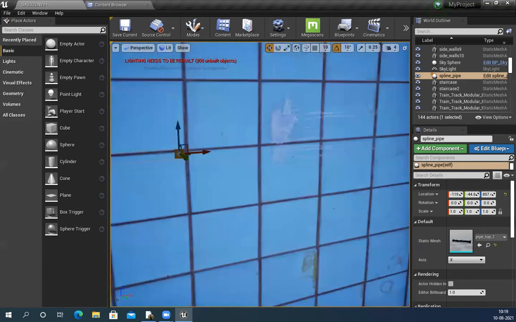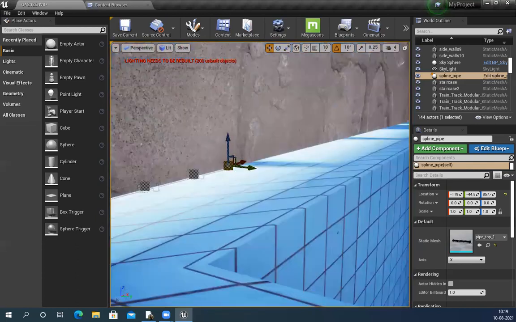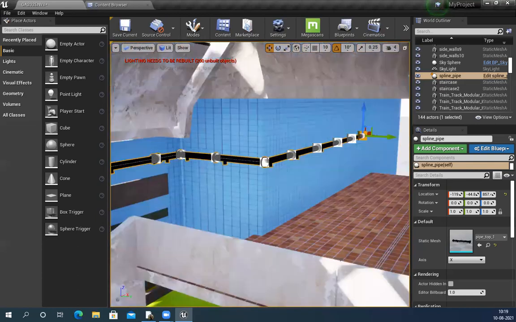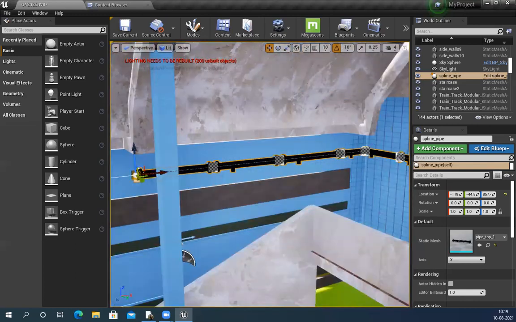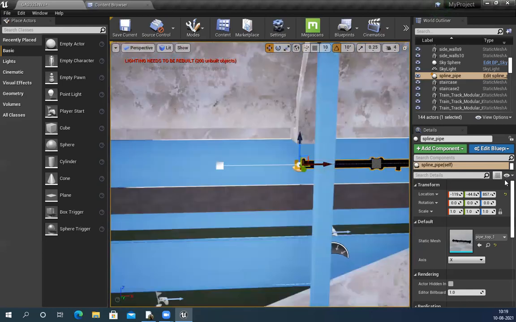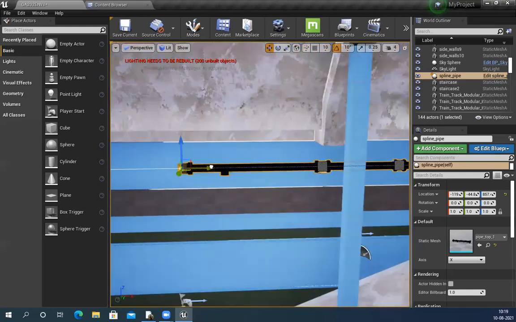You can create all these shapes in all the directions. Suppose I want to repeat this, I can definitely repeat this. And this entire thing, like Alt, you see, I can extend this side also.